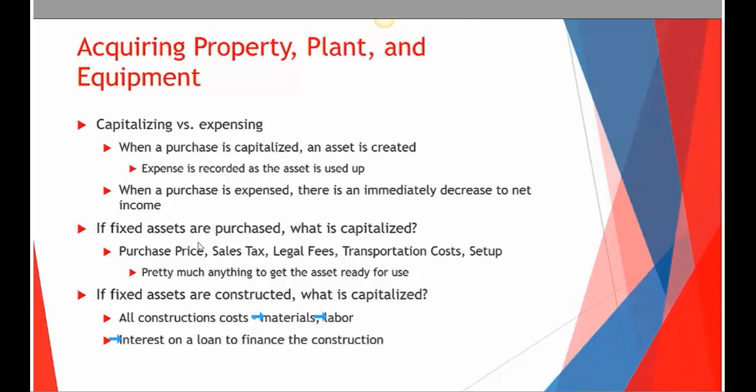Yeah, we're going to get into journal entries in a bit, but what that means is that if you pay $100 of interest on a loan to build a building, as an example, you wouldn't debit interest expense for $100, you'd debit the building asset for $100. On the other hand, if you take out a loan to buy that same building, but you're purchasing it already constructed, you do not get to capitalize the interest cost.